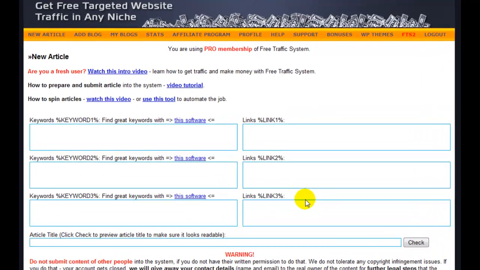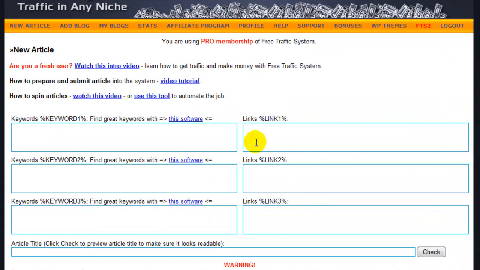Even if you have your blogs already in free traffic system version 1, for version 2 you need to add them specifically, because right now we are handling it a little bit different way so that we can do all that indexing magic, money making magic, and other powerful features that we added to blogging in free traffic system version 2. So you log into the usual members area and then click this link called FTS2.